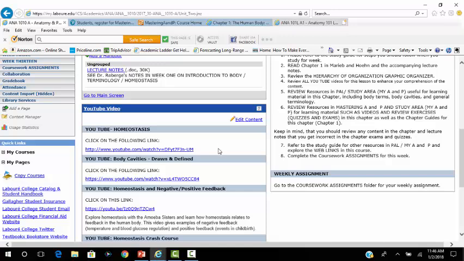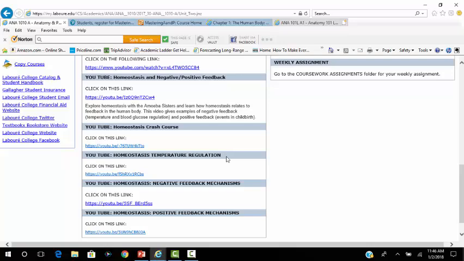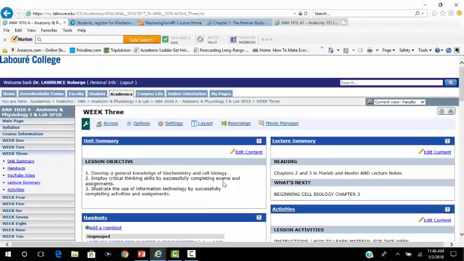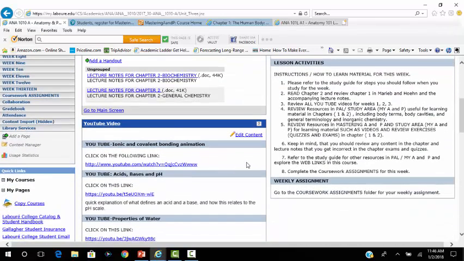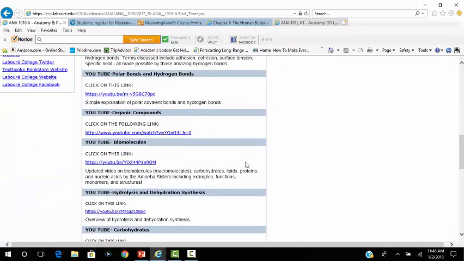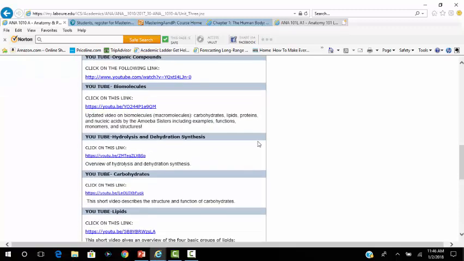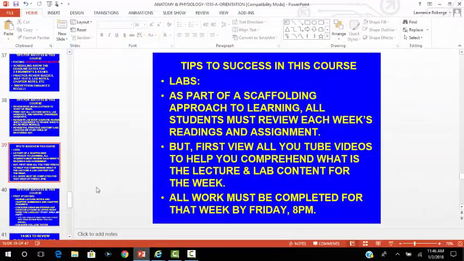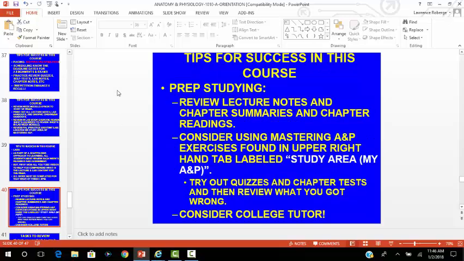That's how you're going to learn. But notice also, this is week 2. You're going to be studying homeostasis, and then we're going to go into a bunch of other very interesting aspects. And then, of course, by the time you're in week 3, we're gunning along and we're going through basic chemistry, biochemistry, and then we're getting into the molecules that are going to be the foundations for the cell. Okay? So, that said, take the time to view the tools that I provide for you. In prepping also, you want to review the lecture notes and chapter summaries. The nice thing about Marib is that she provides a very, very hefty chapter summary. And if you've never